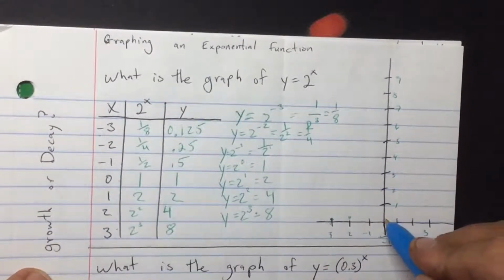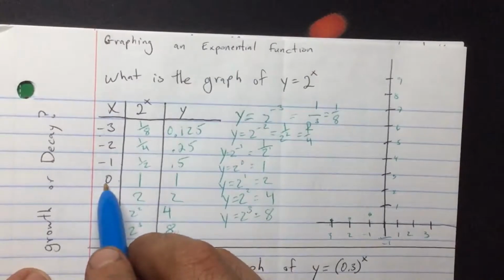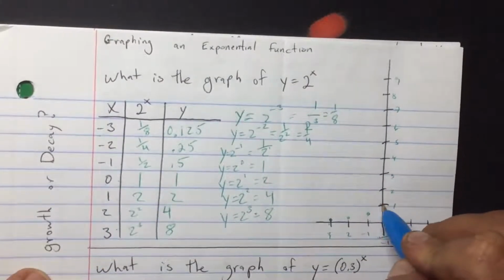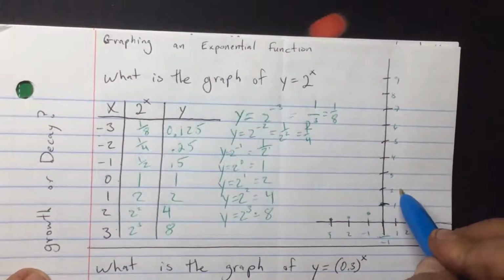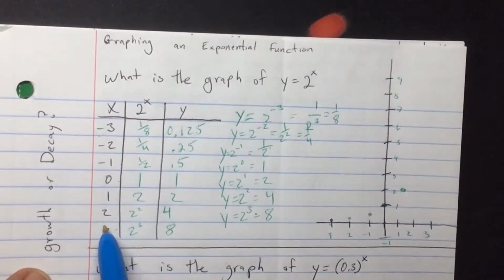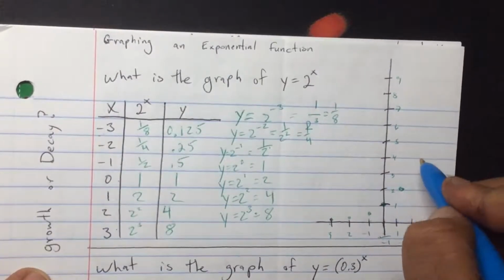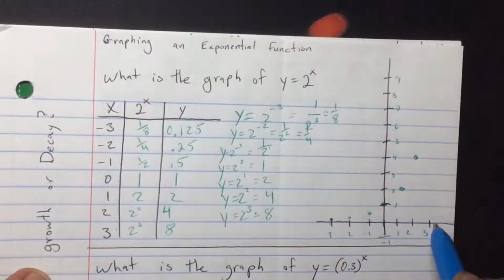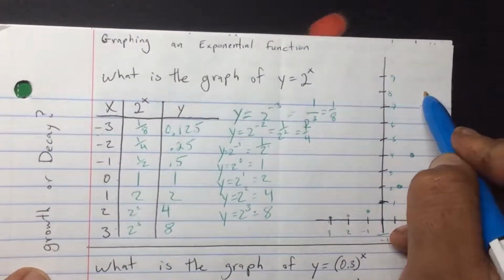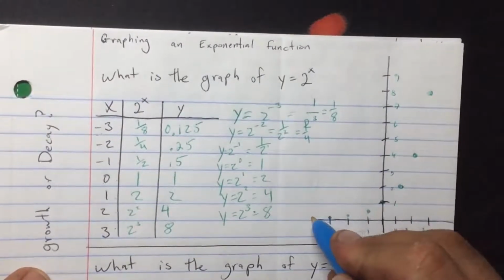Negative 1 to 0.5, halfway. Then 0, 1. Then 1, 2. Then 2, 4. And then 3, 8. So that's 3 and 8, about right there. And if we graph this, the graph is going to look like this,